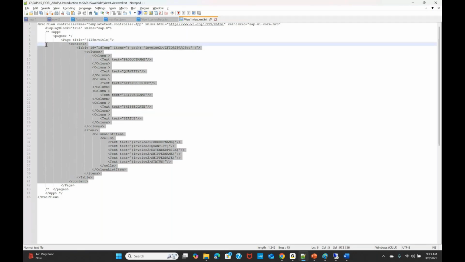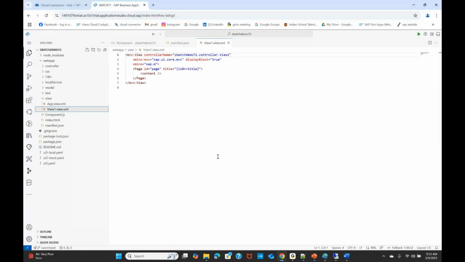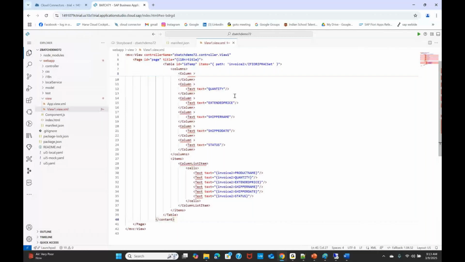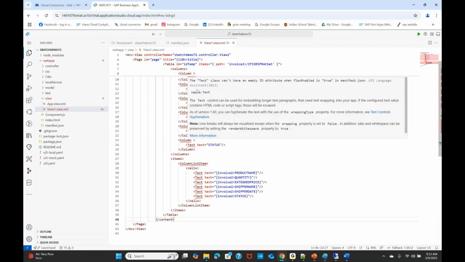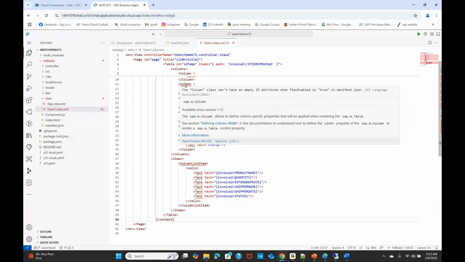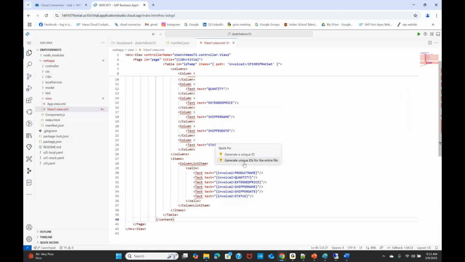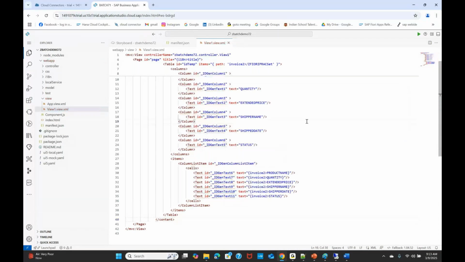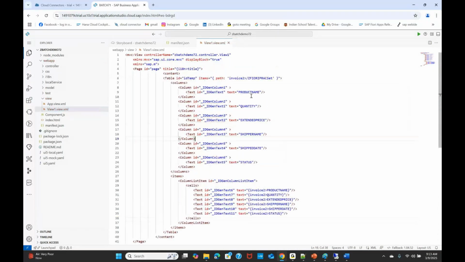So this is a demo. I'm just copying and pasting it. Now see, invoice2 is my model name which I defined in the manifest, and this is your entity set.